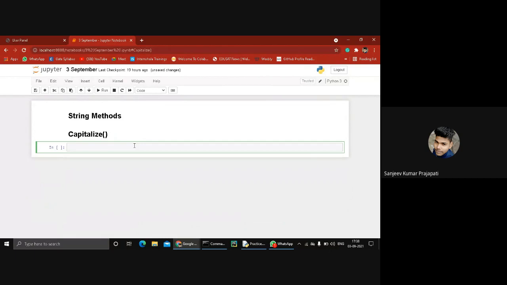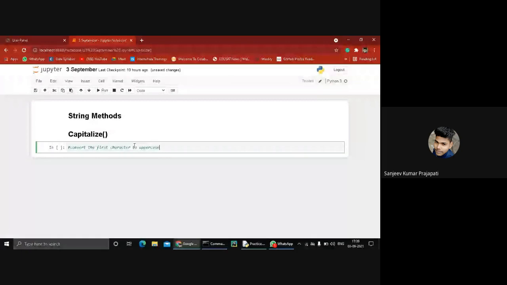The capitalize method is used to convert the first character to uppercase. So we just type in the comment section: convert first character to uppercase.